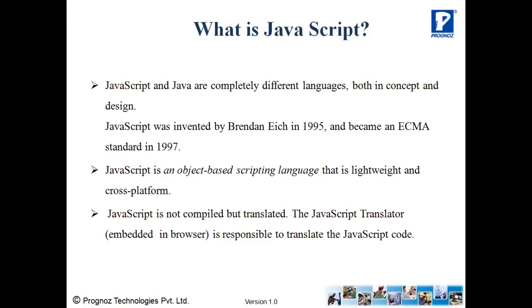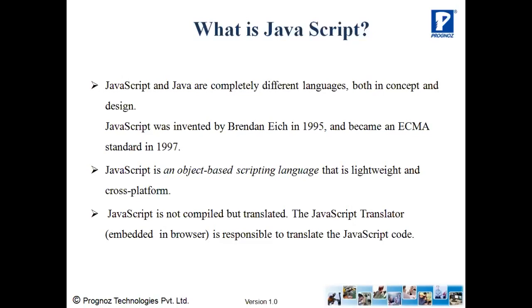Now what does it exactly mean? Object based means that for performing some kinds of functionalities in JavaScript, they have given predefined objects through the document object model. That document object model contains the collection of objects which are responsible for performing various operations like accepting input from the user and displaying output to the user. Similarly, for performing navigation related tasks, window related tasks, or date and string related tasks.